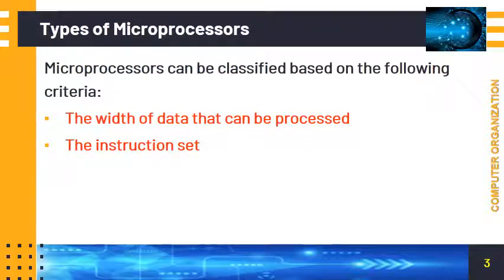First, types of microprocessor. Already in the last video we had discussed microprocessor. A microprocessor is an electronic component that is used by a computer to do its work, and it is made up of three components: ALU, control unit and registers. All the processes inside the computer are done with the help of the microprocessor, and this microprocessor can be classified into two. The first one is based on the width of the data and the other one is based on instruction set.